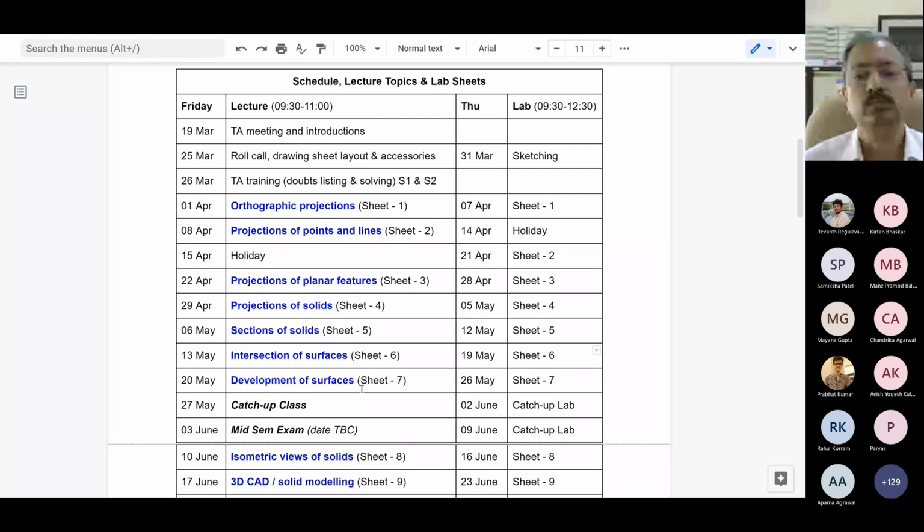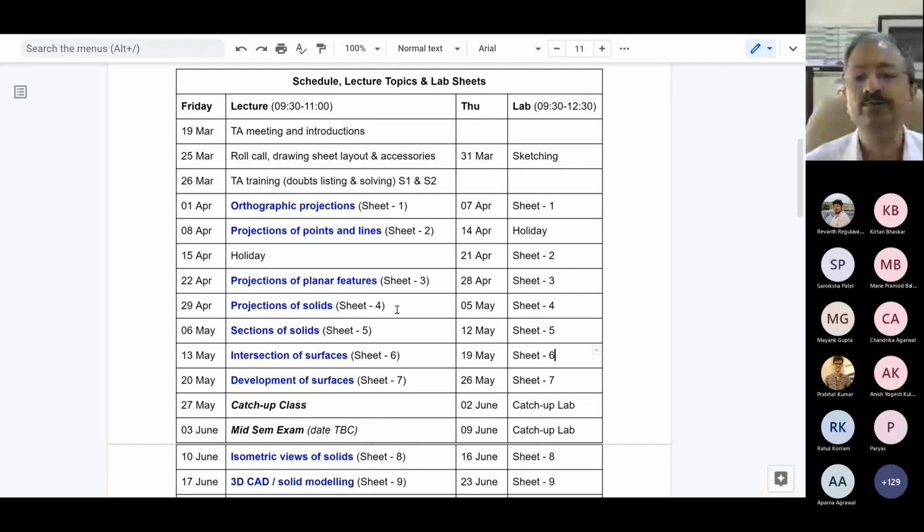To summarize, what you should remember is all of you are supposed to return to campus around mid-May or the 3rd week of May. And in the last week of May and first week of June, most likely you are going to have the midsem exams in physical mode. Okay. So if we hopefully maintain this schedule, which you see here, which is projections of solids,